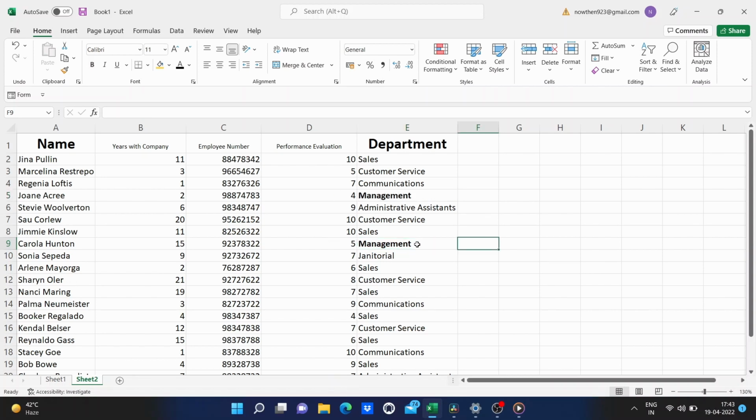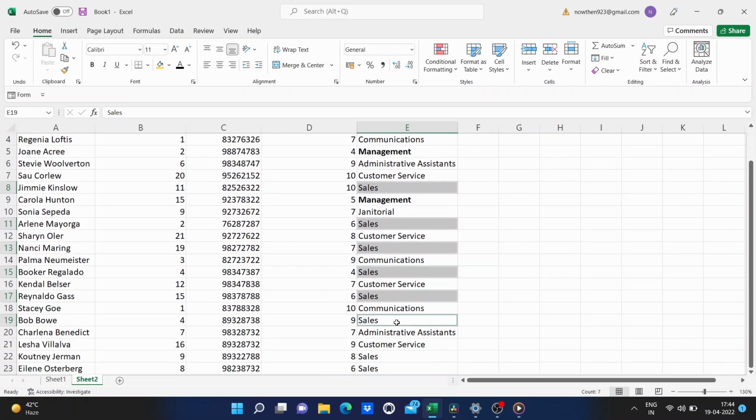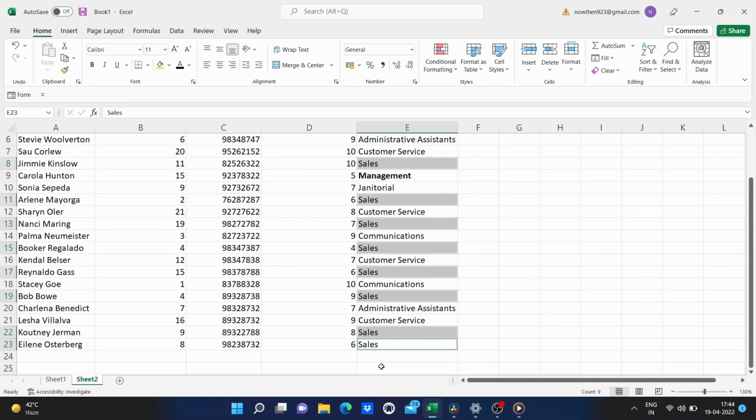What if I would like the word Sales to be italicized? I could click on Sales, hold Control, and tap I on the keyboard, and now the word Sales is italicized. Again, if I want to, I can hold the Control key and click on every cell that has the word Sales. Now, in order to scroll, I am releasing the Control key. That's okay. I press it again, and I'll click with all of those selected. I'll hold Control and tap I, and now they are all italicized.